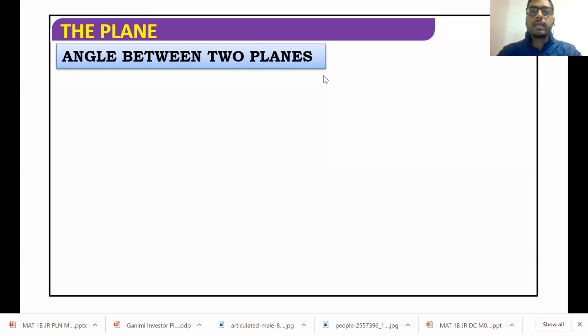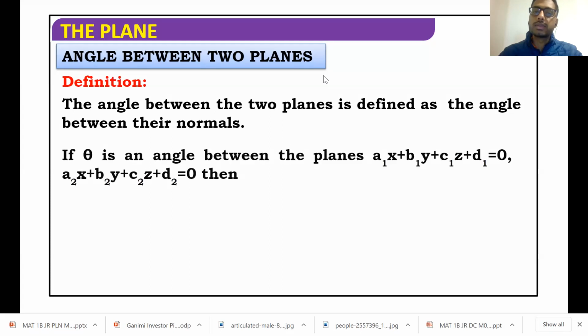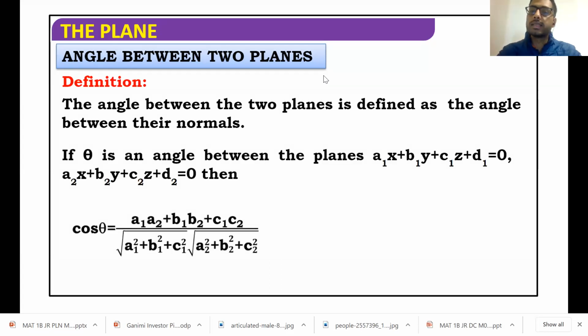Similarly, angle between two planes. So the angle between two planes is nothing but the angle between the normals which are drawn to the planes, and normals would again be equal to your lines. So the cos theta formula is going to remain the same. Cos of theta is equal to, for direction ratios, the same as that of line. And in terms of your direction cosines, it would be L1 L2 plus M1 M2 plus N1 N2.